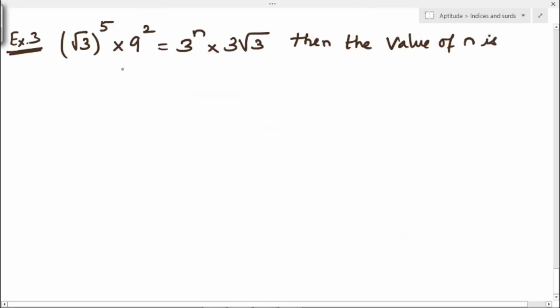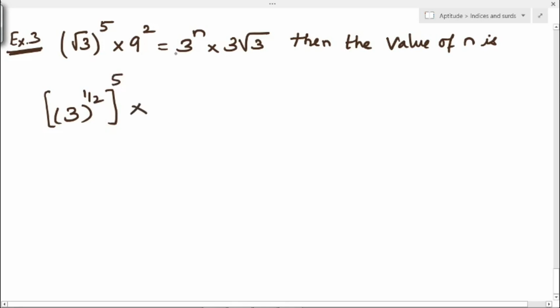Next example. If square root of 3 to the power 5 into 9 square equal to 3 to the power n into 3 into square root of 3, then the value of n is. So we have to simplify this and we have to find the value of n. So first term, root 3 can be written as 3 to the power 1 by 2 to the whole power 5, right? So this root 3 can be written as 3 power 1 by 2 power 5 into, so we have 9